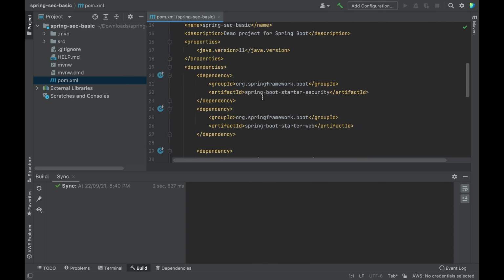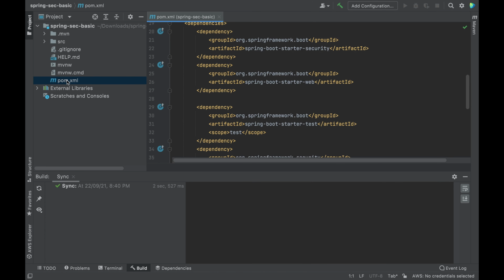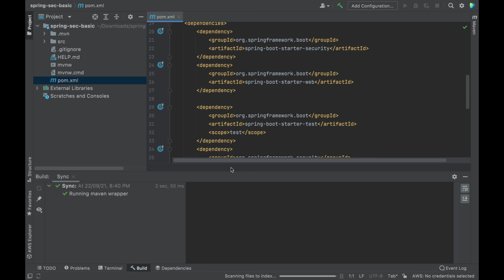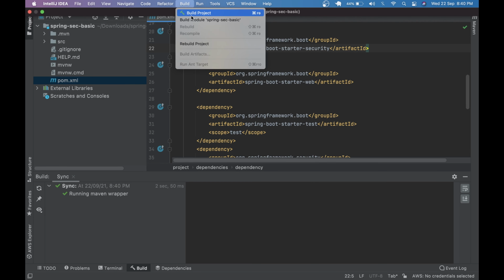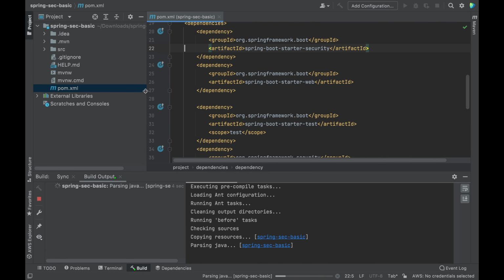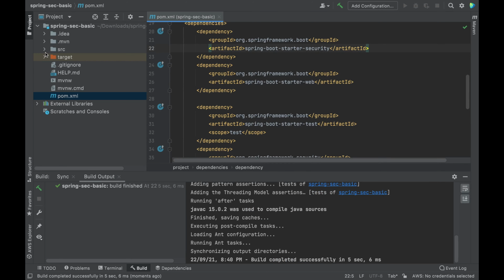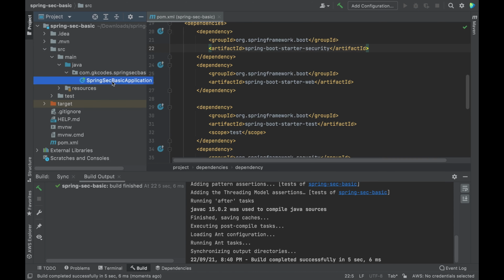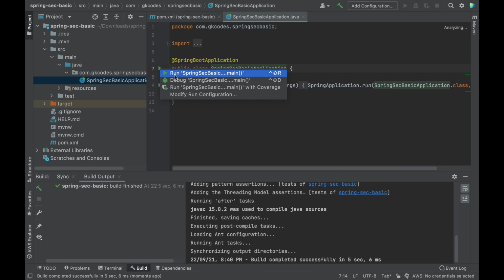Okay, so all the configurations are there, and load the project. To ensure everything is working, we are going to build the project. Now the class files are generated. So going to the Java Spring Sec basic application, I'm running the application.